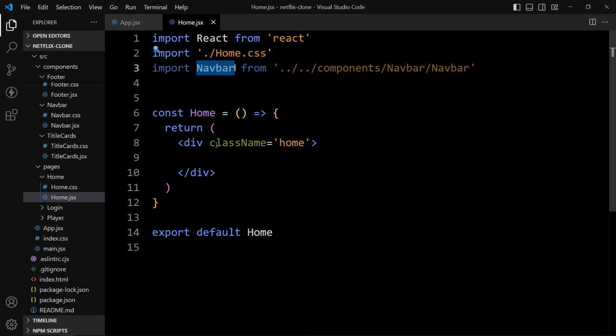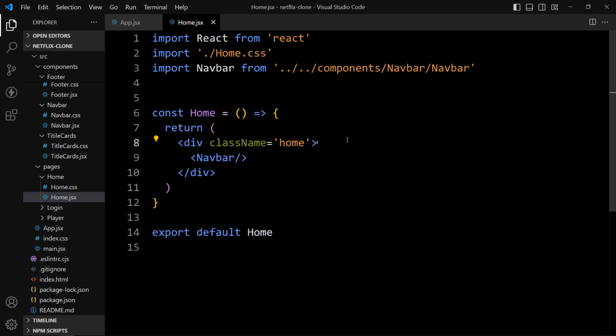Now we will mount this component here, navbar with a closing arrow. Now we have mounted this navbar in this home component.